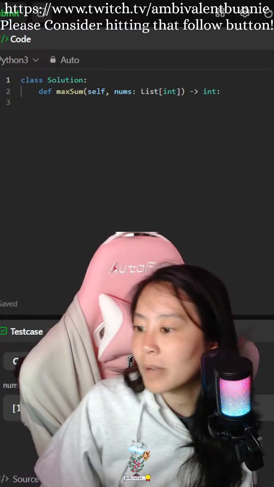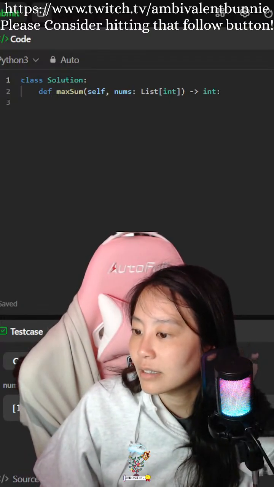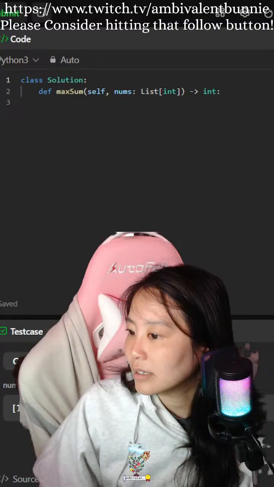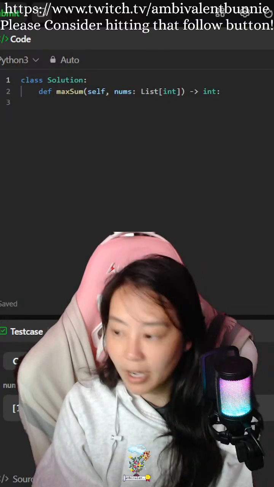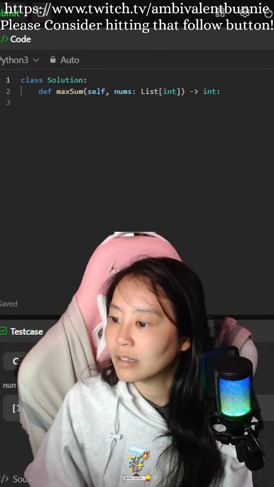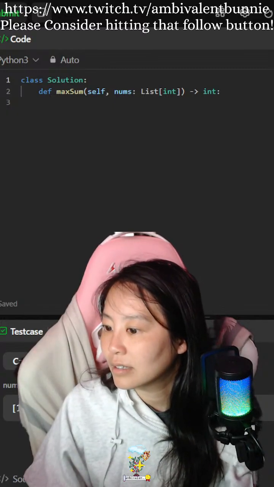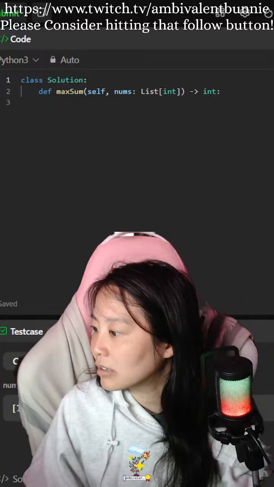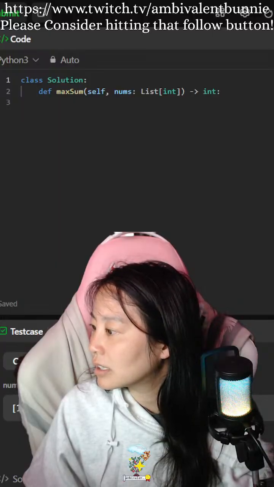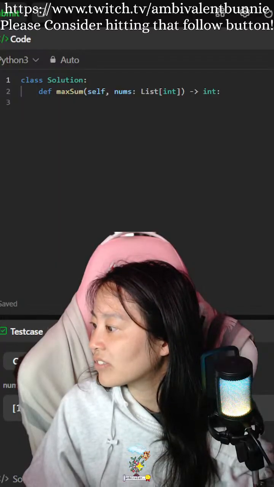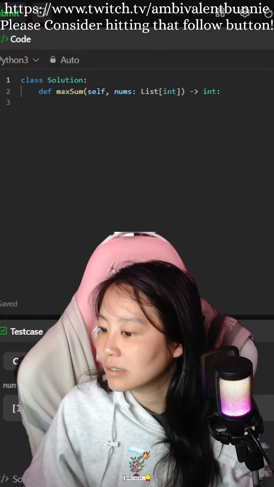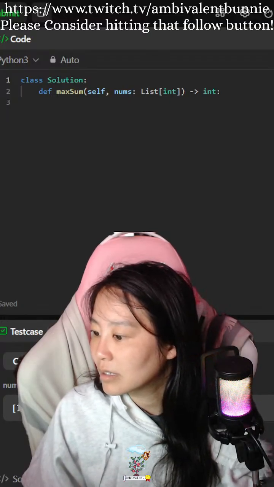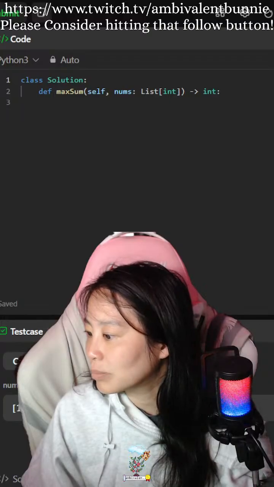Okay, who am I gonna raid? Let's search for Python. Playing with Flux. LeetCode. We already did TypeScript.